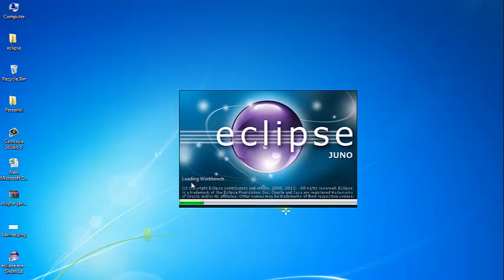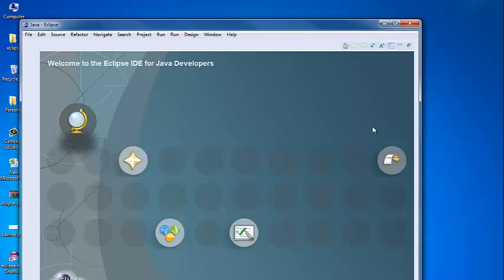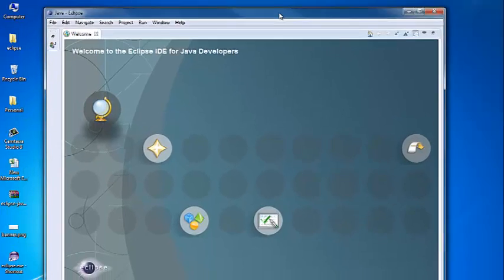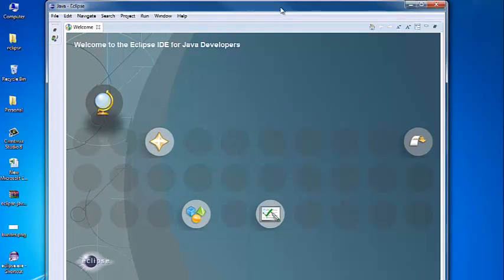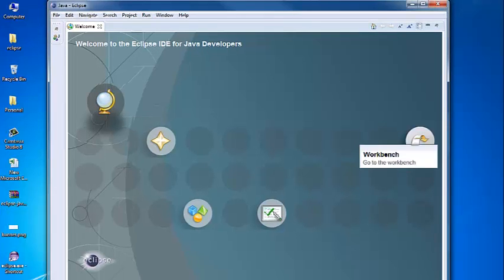We can see that Eclipse is getting loaded, and this is the Juno version of Eclipse. So this is the first screen. When you open Eclipse for the first time, this is the first welcome screen that you get to see.